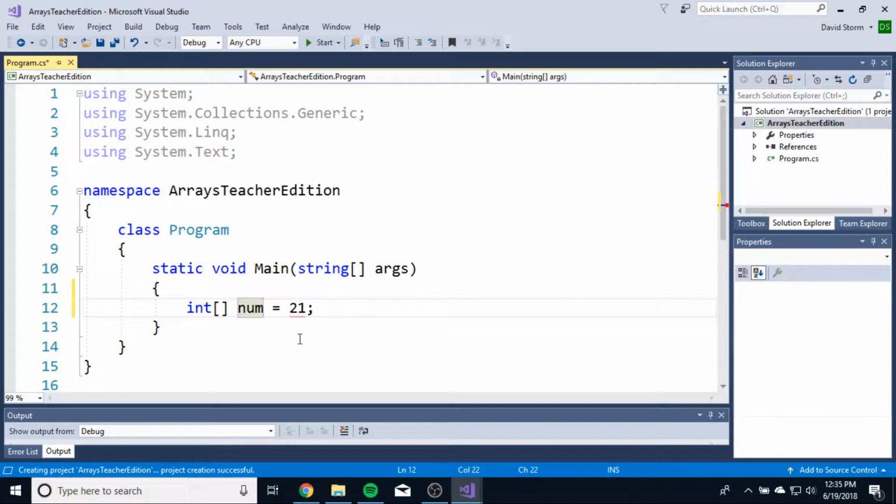And instead of num, usually what we want to do with arrays is make them plural so that it's easier to remember that this is an array instead of just a single variable. So I'm going to make it nums. And it's mad at me because it's saying, hey, you're trying to give me an integer here, but it's an integer variable. So you actually need to do something else with arrays here,